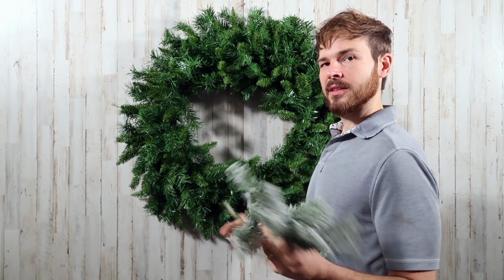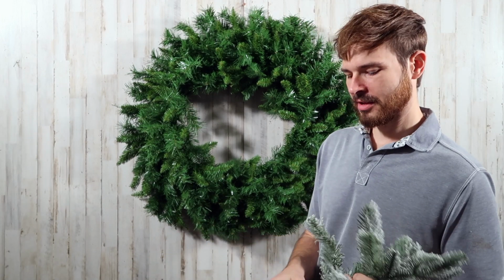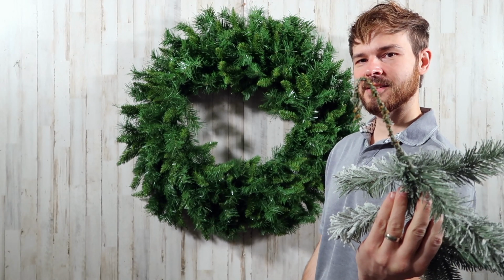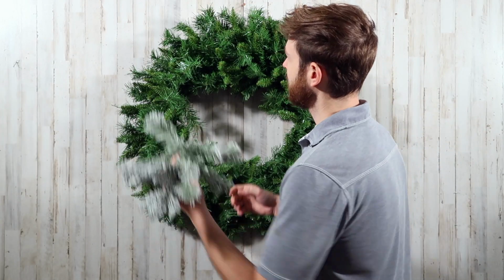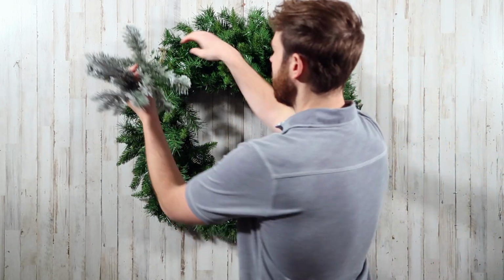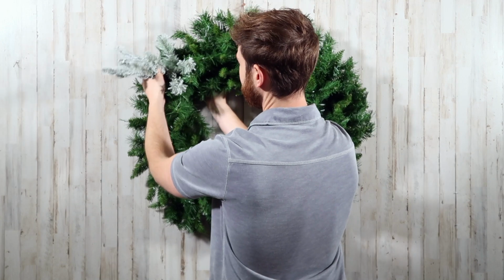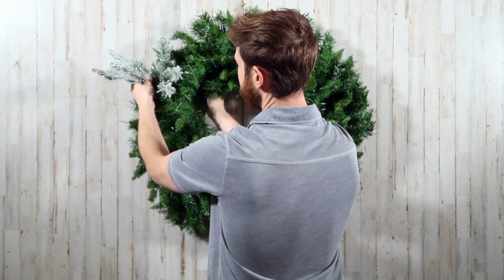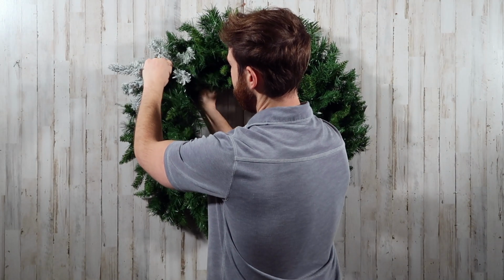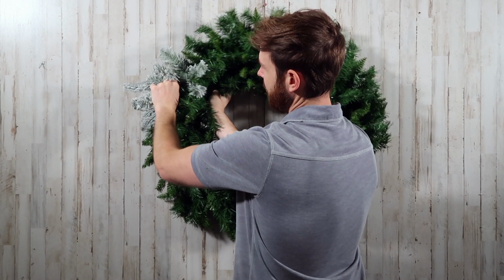So one thing that you will notice me do quite a few times when I'm putting stems into a wreath is I'll make a little hook on the back of my stem out of habit, because I'm not going to glue anything in, I'm just going to wire everything in today. But when I glue things in, I still do that, because if I go around a piece of the wreath frame with that hook